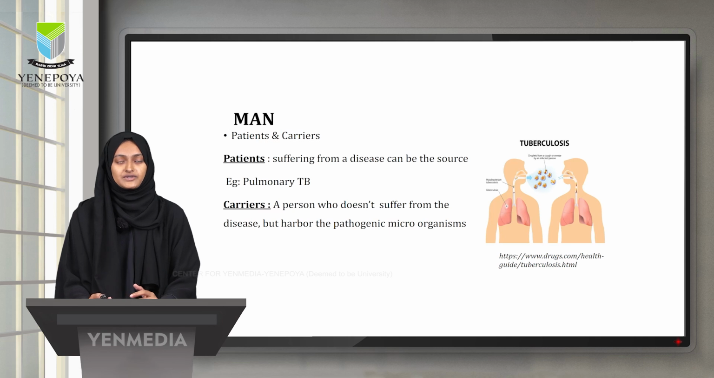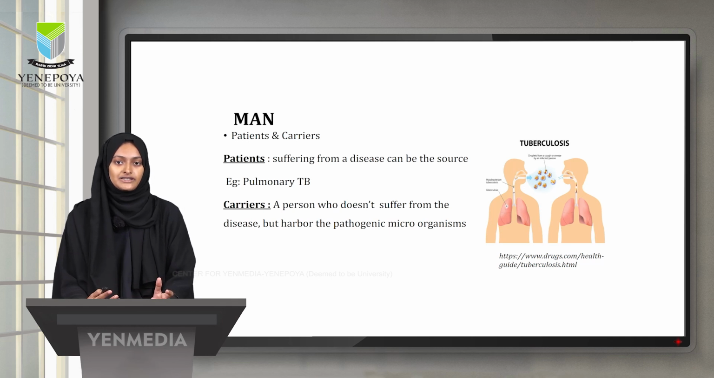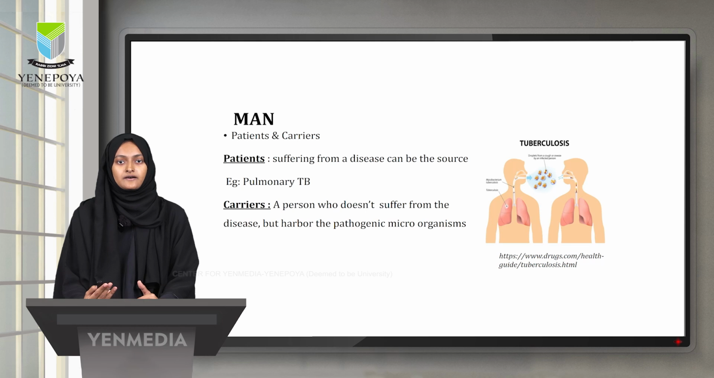So moving to the first source, that is man. So man is often described himself as his own enemy, because most of the infections are transmitted from human sources, and human sources can be of two types: patients and carriers. So patients are those who suffer from the disease and they carry this pathogen, mainly for example pulmonary TB. So a person who is infected or who is having pulmonary TB, when he coughs or sneezes, the droplets are released into the air, and when it is inhaled by another person, it can lead to pulmonary TB in the